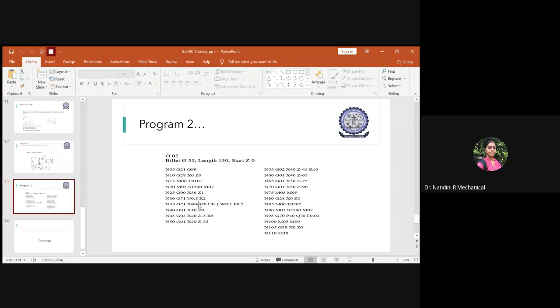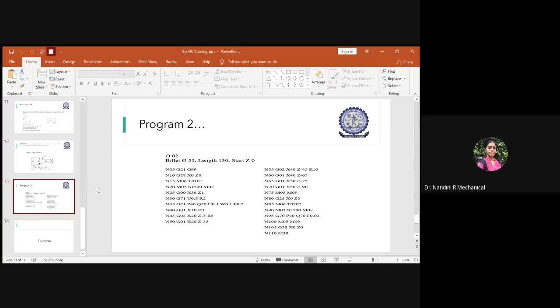After that, you have to start with the rough finishing cycle. For the rough finishing cycle, you start with G71. I have explained the syntax of G71, where you provide the amount of material you are cutting for the entire cycle, it is 0.5, and the retracting material is 2 mm. Once you have given the command, then as per the rough finishing cycle, you give the values for the sequence of the first part and the sequence of the last part, the depth of cut for each step, and then the feed rate also.